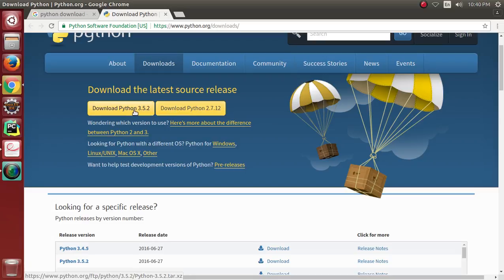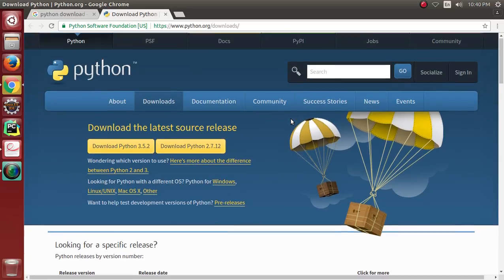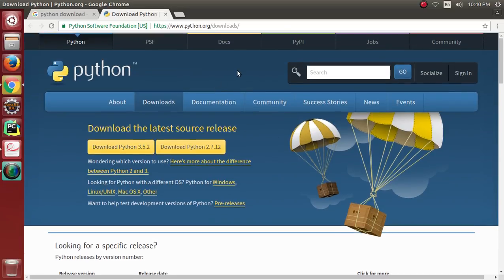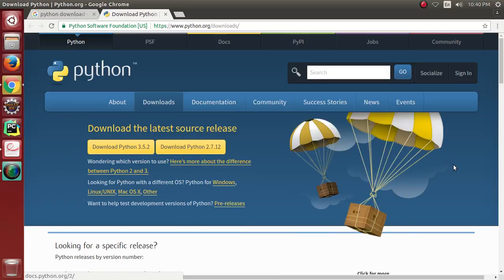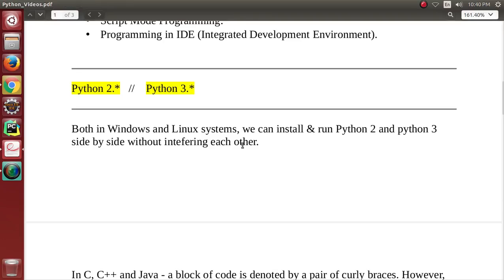At place. And in this website actually you can have a lot of details. For example, the documentation, you can see there are beginners guide, then developers guide, then Python 3 documentation, Python 2 documentation, many details. Now going back,